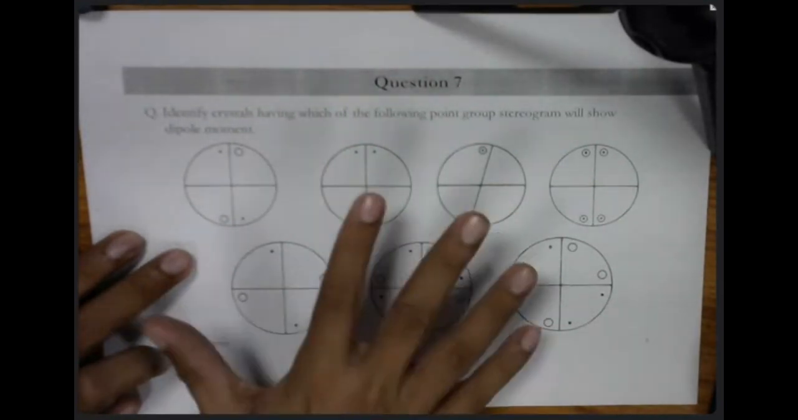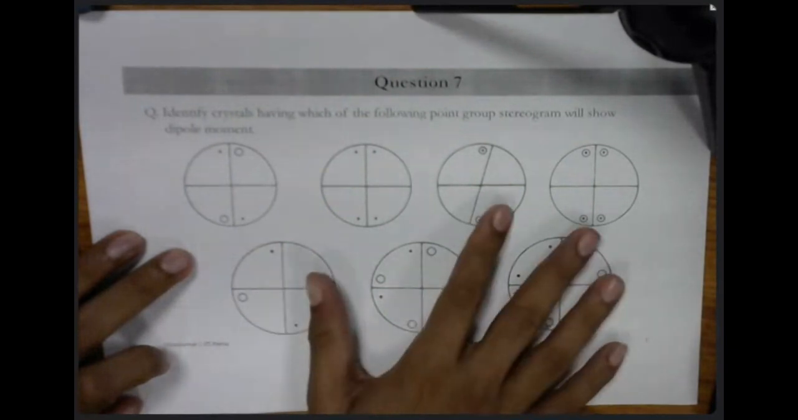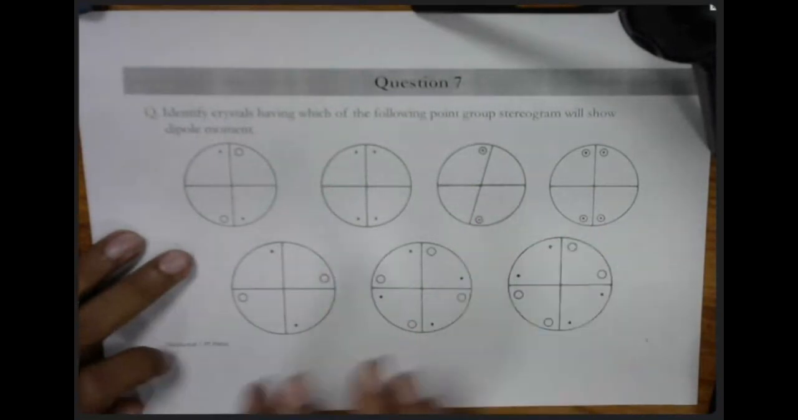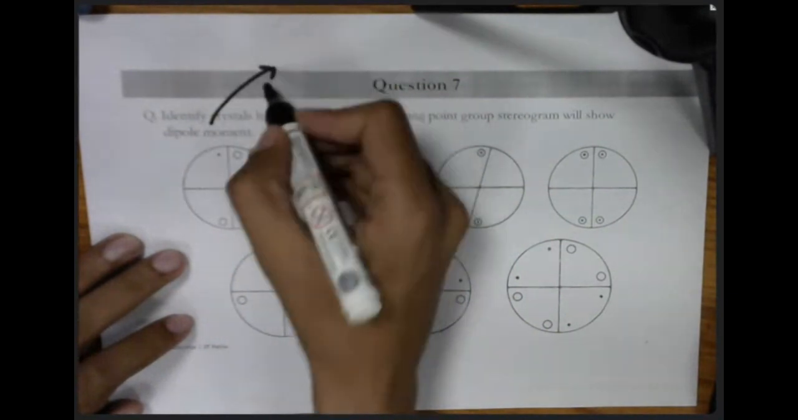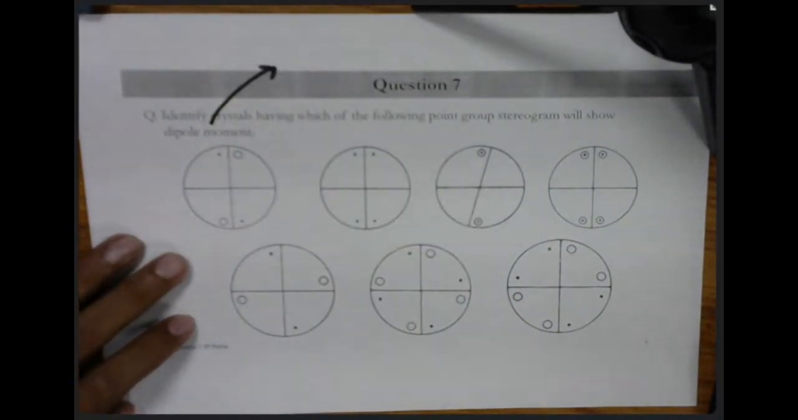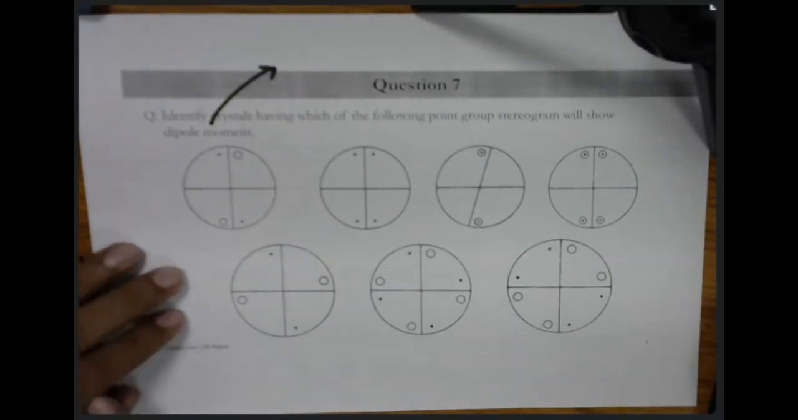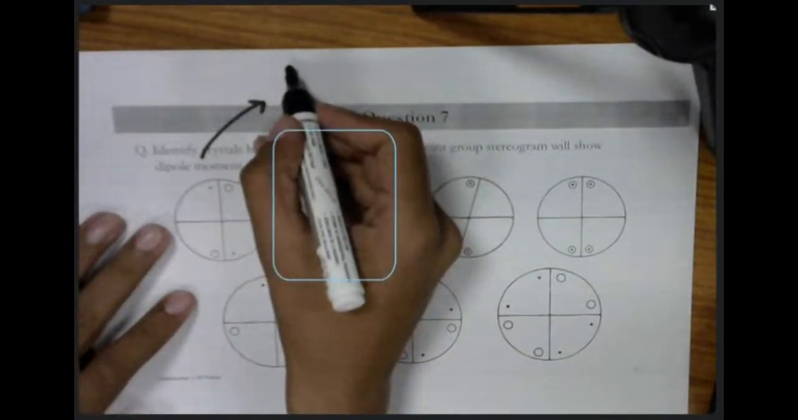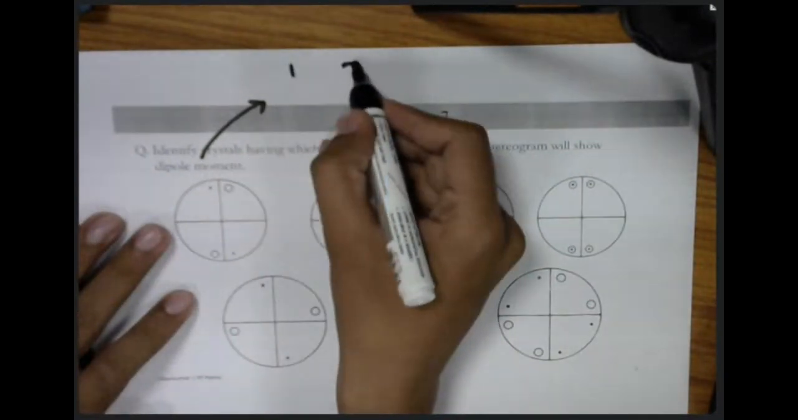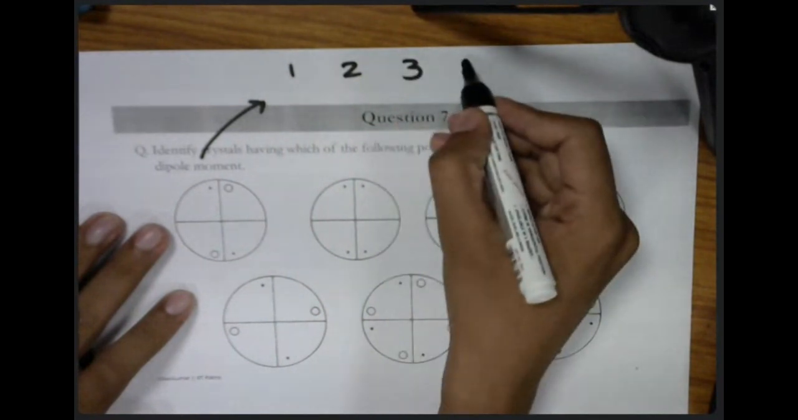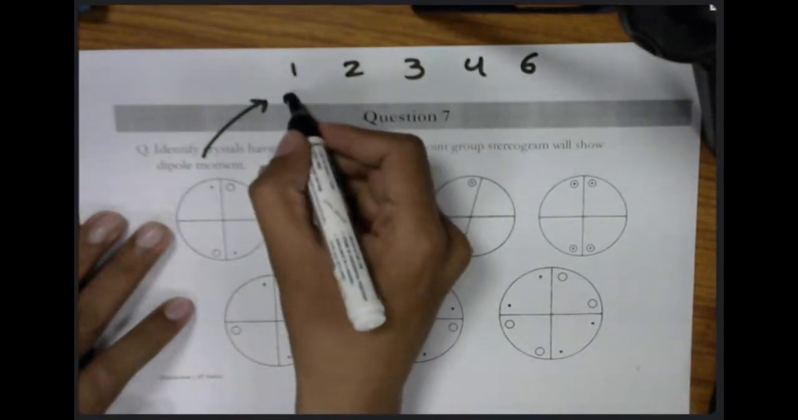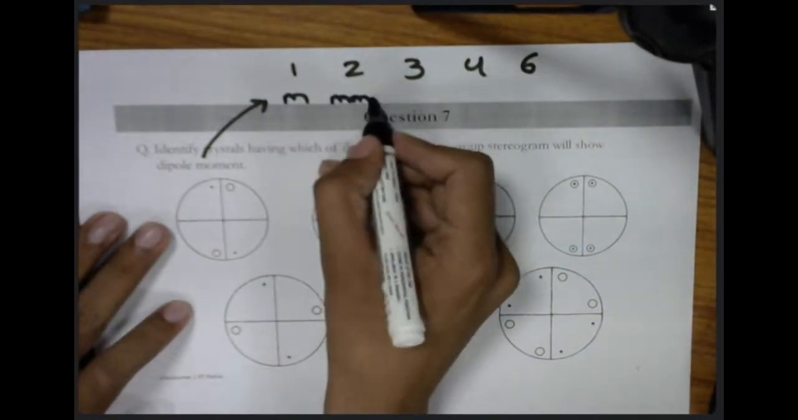we have to write, first of all, the point group of this particular stereogram, and then we need to find out whether they will show the dipole moment or not. So what we have learned in our class is which ones will show the dipole moment. There was a specific group, 10 groups were there which were showing the dipole moment. It was one, two-fold, three-fold, four-fold, and six-fold. Then there was a mirror, mm2, 3m,